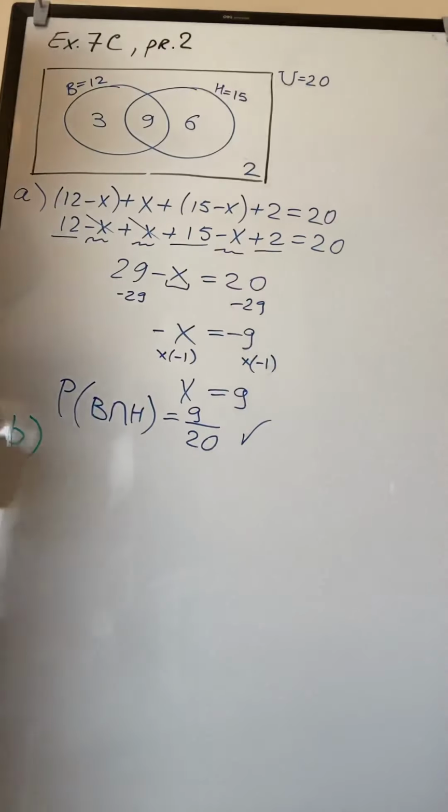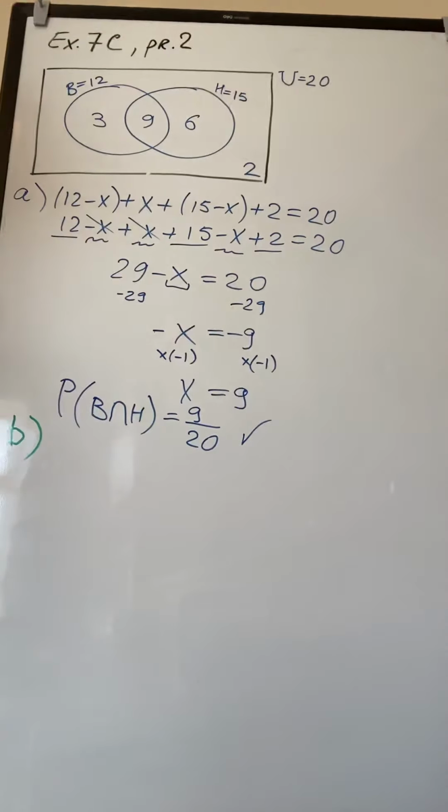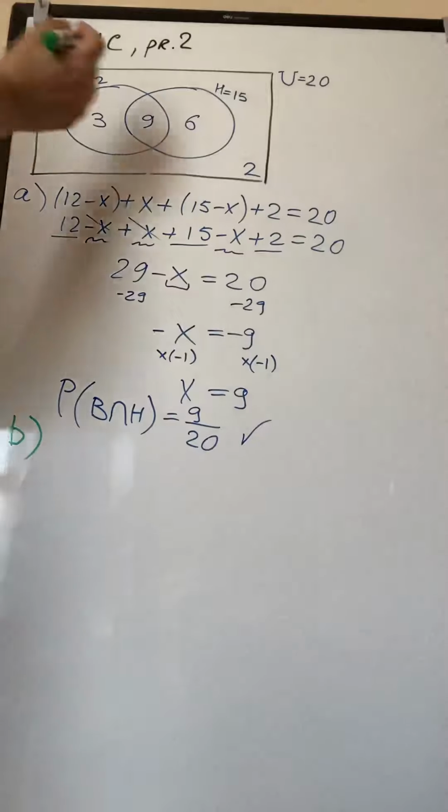What does it mean, conditional probability? Okay, look, conditional probability means that you are looking at this that way. First, there is one event happening, and then out of that event that already happened, what is the probability that another event is happening? Okay, so they're saying that given that a randomly selected student studies biology, so this is